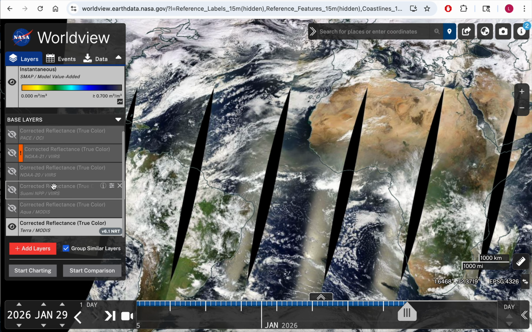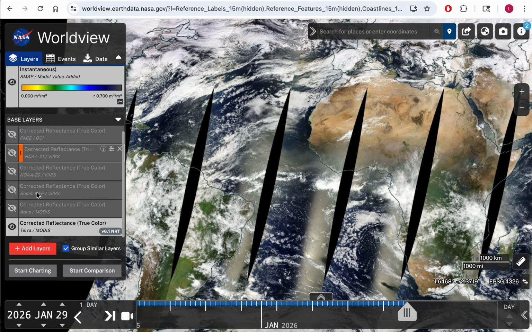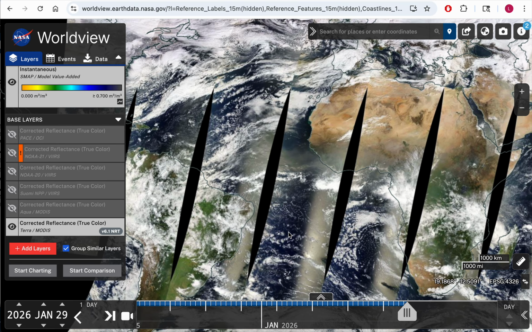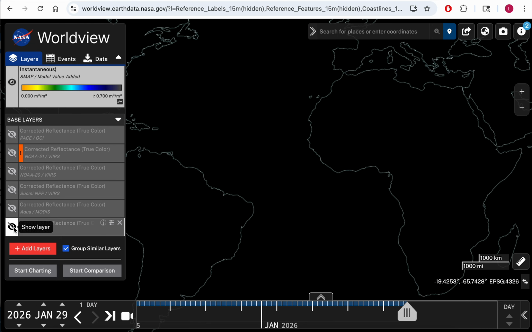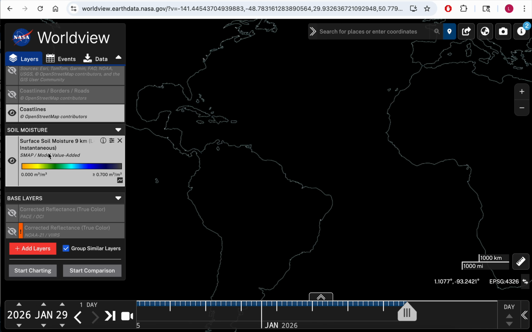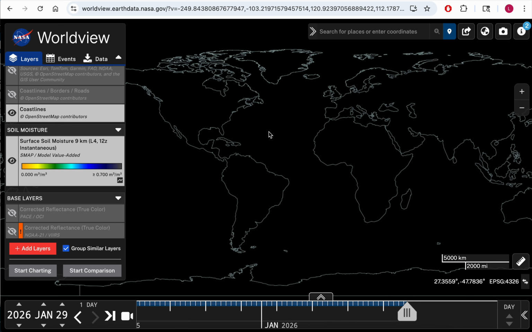There's a base layer that's also visible. If it has the X through the eye, that means it's not visible, and the gray ones with the eye are visible. So I'm going to hide the corrected reflectance, which is that nice image of the Earth right here, because I don't want to see that. Now, SMAP is open, but the screen is black,